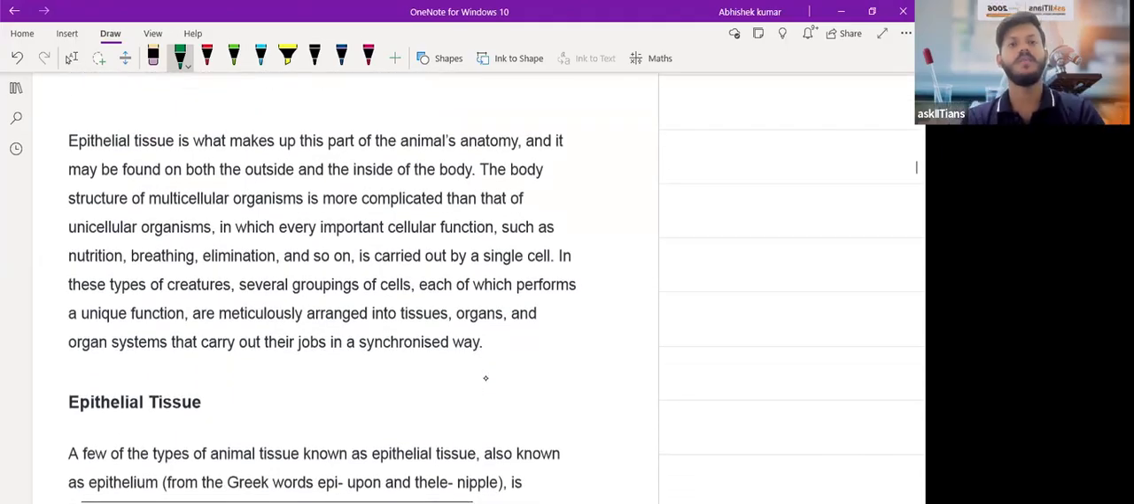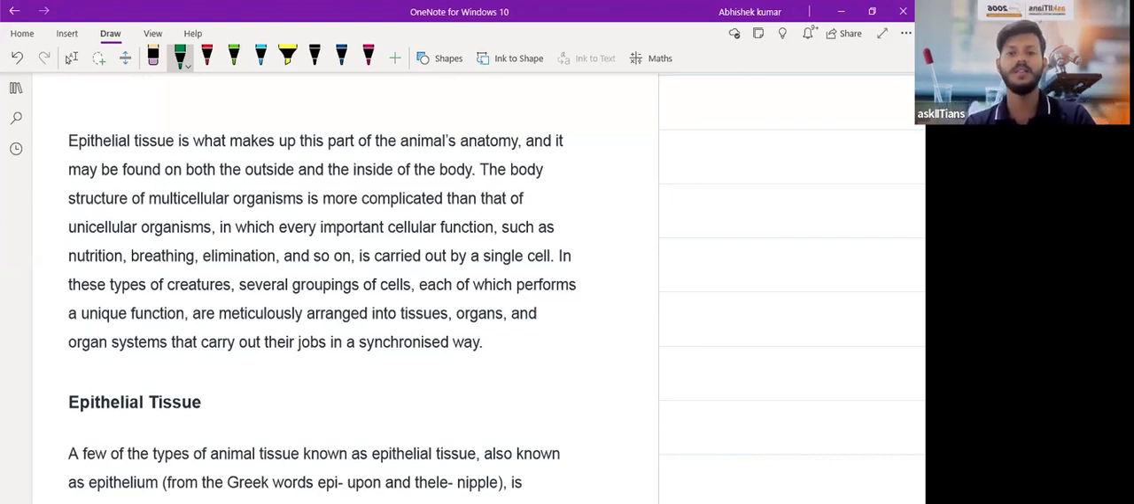So epithelial tissue is what makes up this part of the animal anatomy, right? And it may be found both internally and externally. The body structure of a multicellular organism